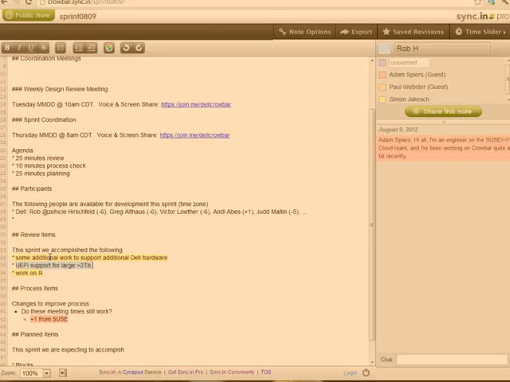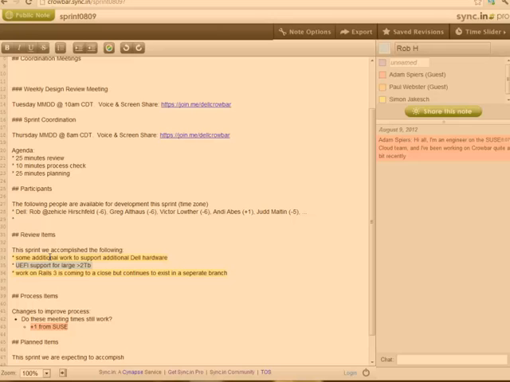Also, Victor has been working on some changes to DevTool, which have not been committed in this sprint, but should be committed next sprint, to support requests that SUSE made in earlier planning meetings. That work has been ongoing, and one of the things we'll talk about in planning is going to need some support.